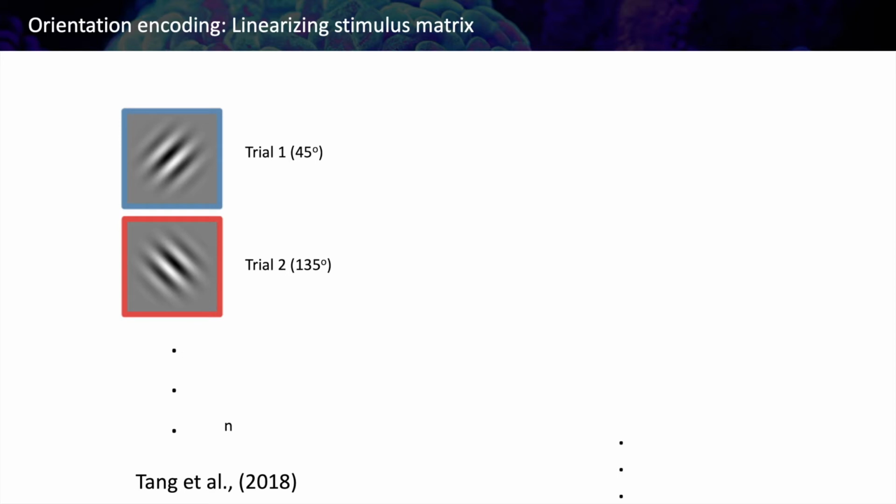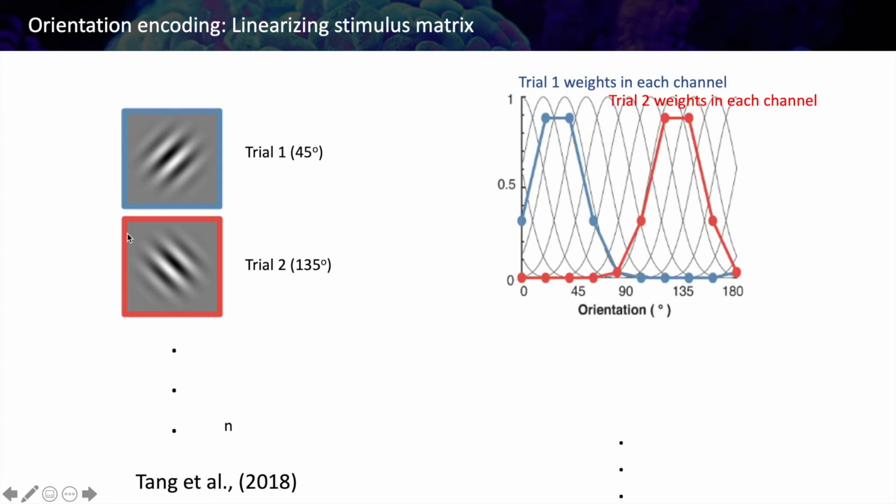The first thing that we have to do, once that we have the data, is to take these stimuli and linearize them. And how do we linearize these stimuli? In this case, it's very easy because they are not naturalistic images and they are almost decomposed in simple features, but we need to pre-create some channels. So imagine that we have trial 1 and it's a 45 degrees grating, and we have trial 2 and it's a 135 degrees grating, and so on. So what we have to do is to take this information and then create X number of stimulus channels, which are defined in this case by these tuning functions in gray. Okay, here there are like 10.